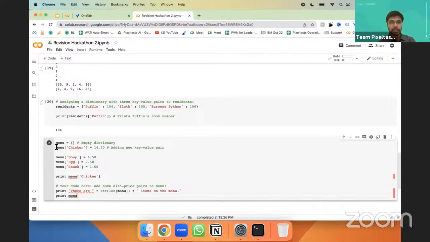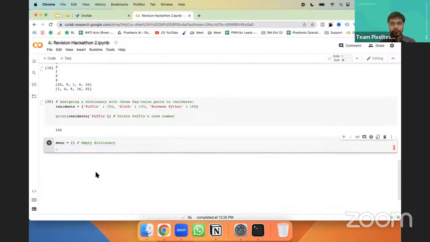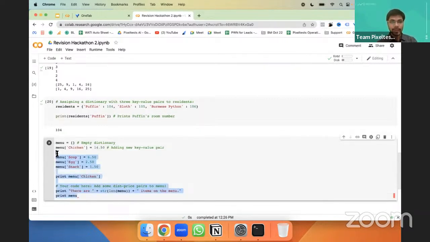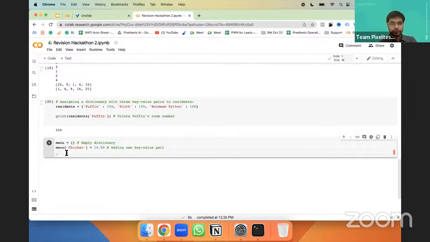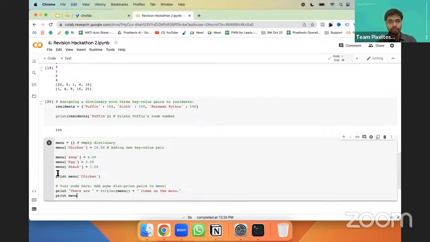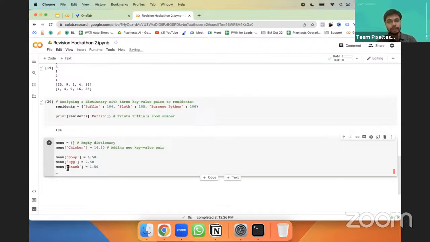So first we are creating an empty dictionary, right? So we have created an empty dictionary. Then we added to that menu, first the key here is chicken, and then add new key value pair. So we have added the price against chicken as, let's say, 14.50. Then similarly, you went ahead and added soup to that menu. The price of the soup is 6.50, egg 2.50, snack 1.50.